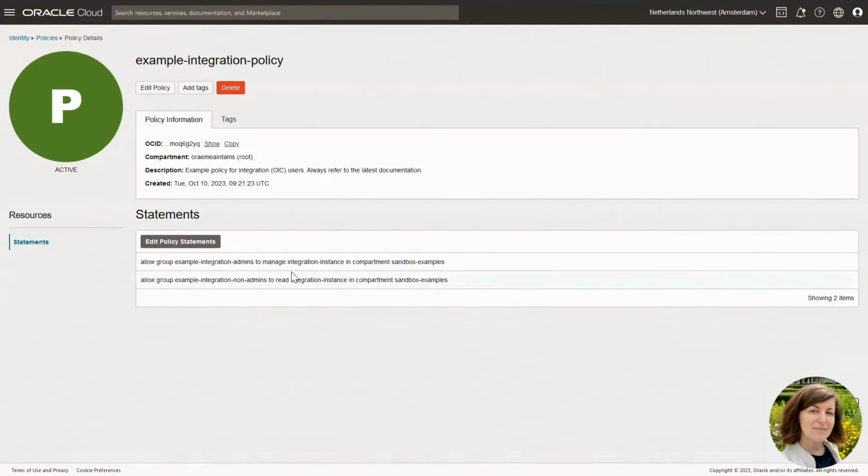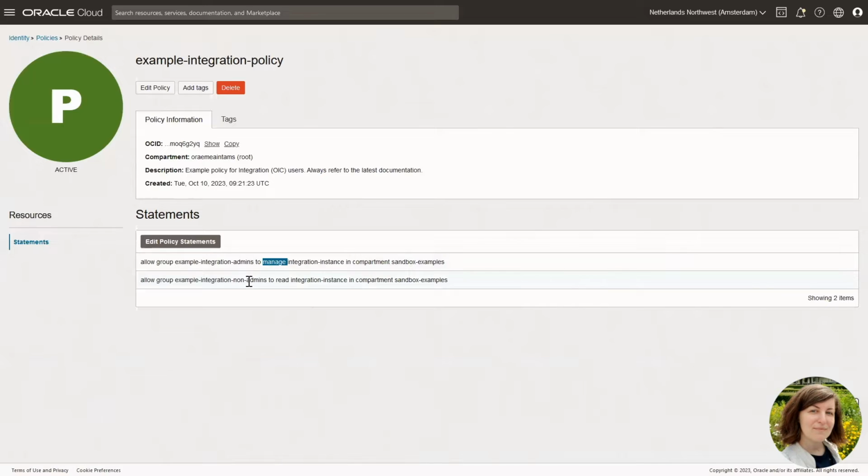For integration, the relevant verbs are manage and read. So, for example, we can allow a group of integration administrators to manage integration instance, this is the resource type, in a specific compartment. The manage verb allows this group to create, edit, delete integration instances and move them between compartments.